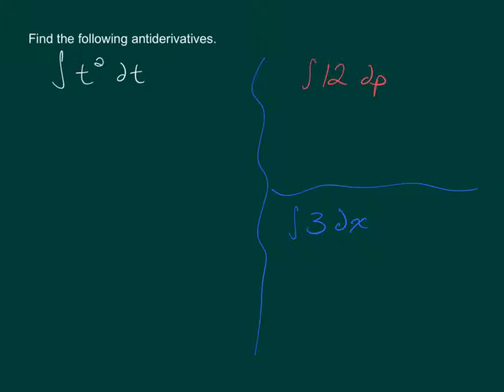Find the following antiderivatives. When you are looking at the antiderivative of t squared dt, what we will need to use here is the power rule for antiderivatives. The power rule states that if you are taking the antiderivative of x to the n power dx,